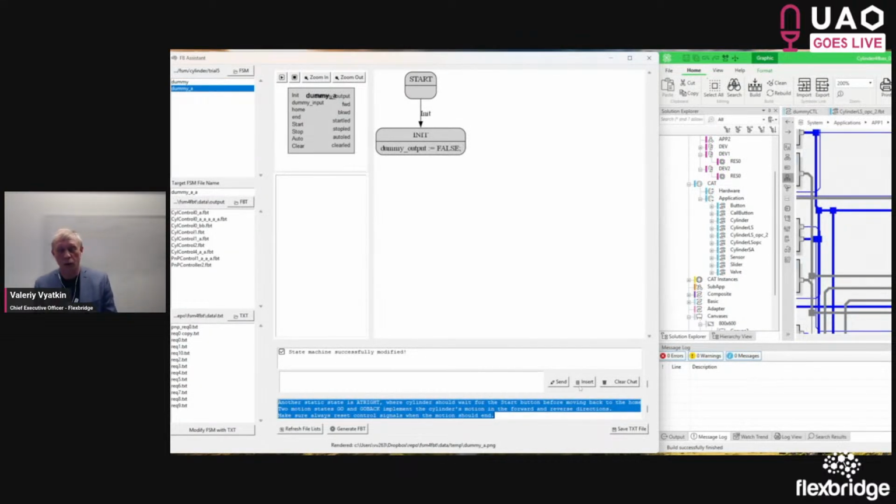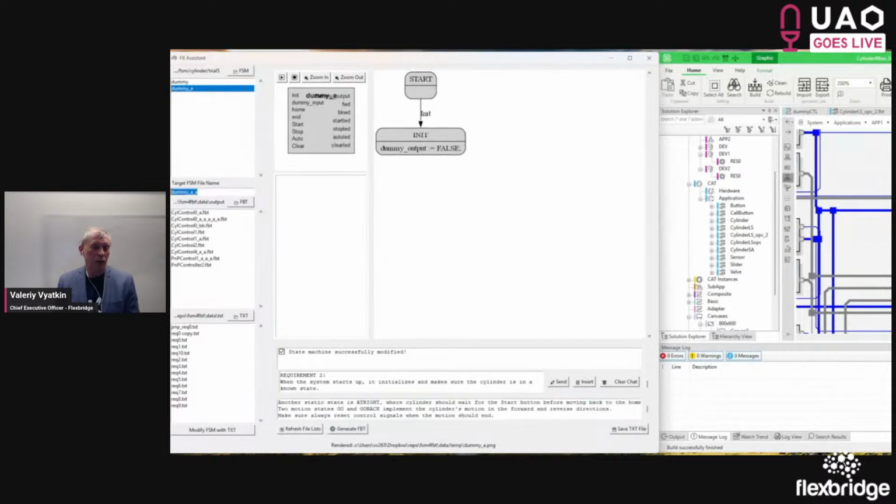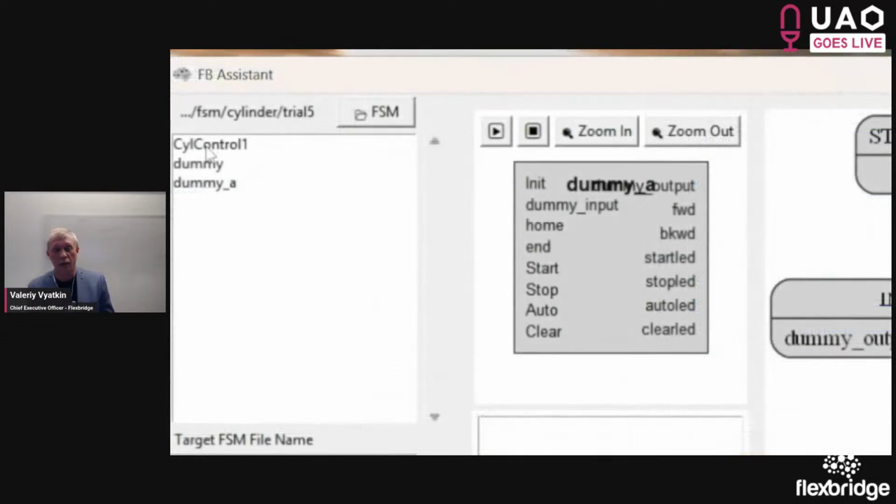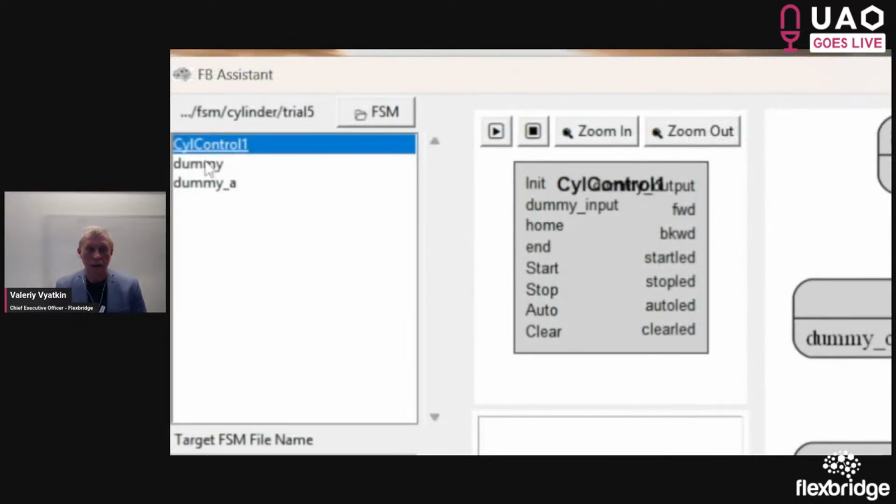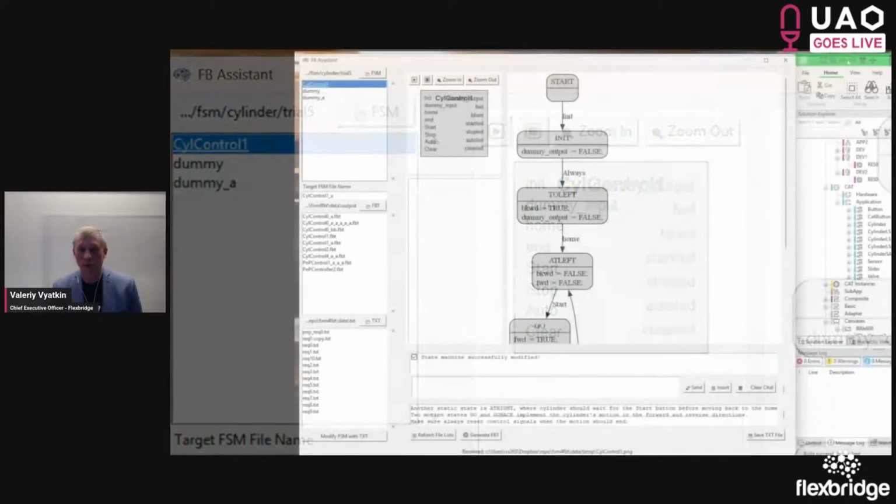Okay, so we again do the same trick. We insert it to the buffer, give a new name to the expected result, call it cylinder control 1, and then send it to AI.